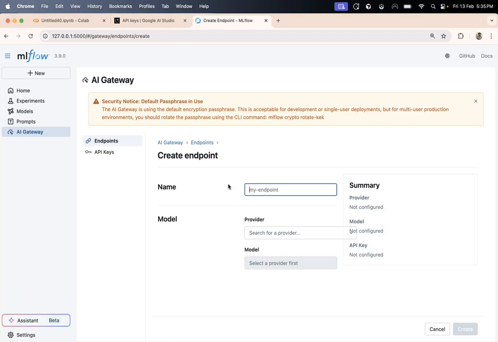Endpoints are a way to have different models deployed within them, and the AI gateway's endpoint is very similar to that. Under one endpoint you can have several different LLM models, and it's just a wrapper. But the nice thing is that now that we have thousands of LLM models, you don't have to manage the interface between all those different LLM providers. You can remember only one interface, and that is MLflow's interface, and forget about the rest.